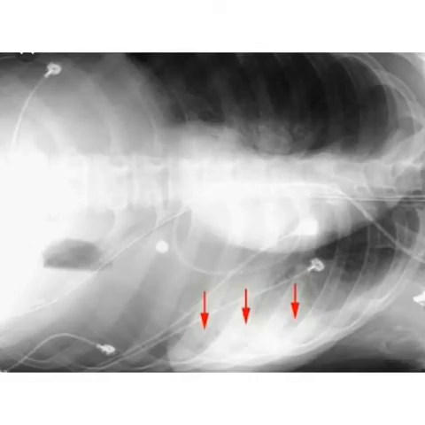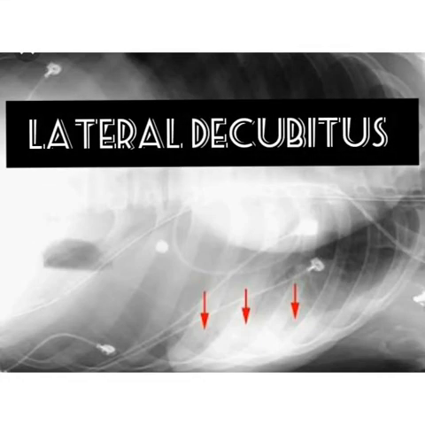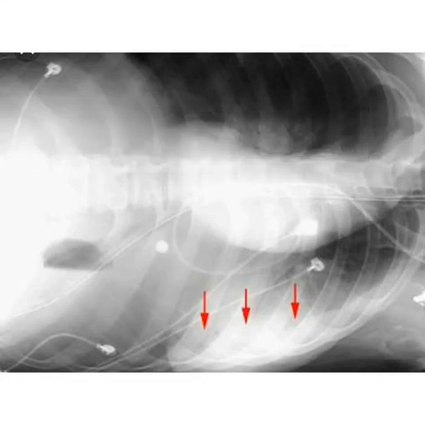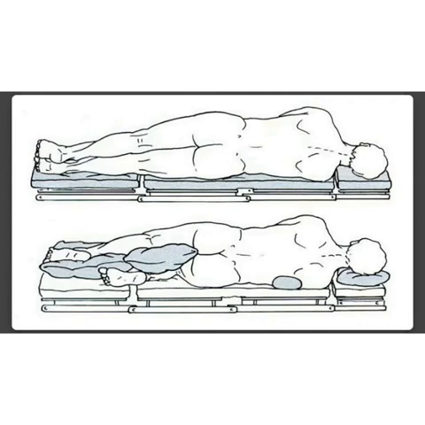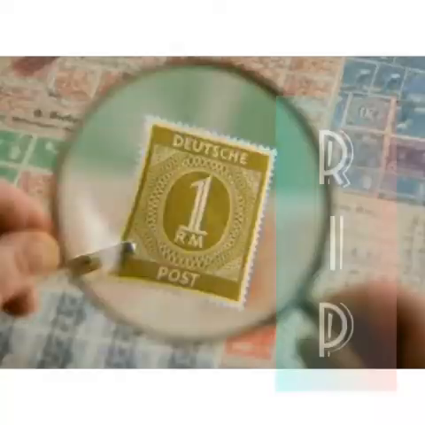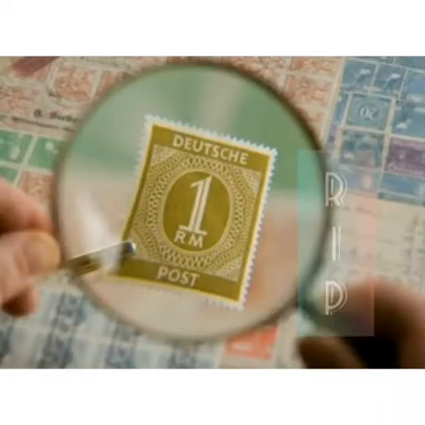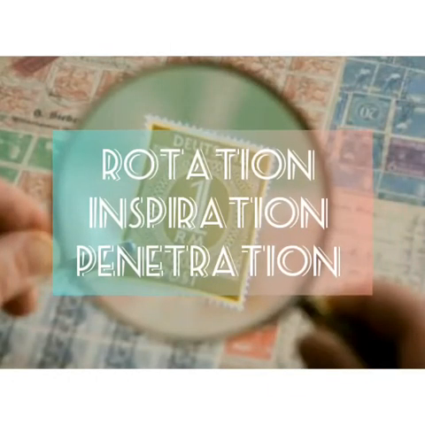There are many other orientations. One is lateral decubitus. In lateral decubitus, the patient is lying either left lateral or right lateral on a trolley. Hands should be raised to avoid superimposing over the area of interest. It shows air inside the lung, free fluid, and airway obstruction. To evaluate the quality of an image, you can use the mnemonic RIP, which stands for rotation, inspiration, and penetration.